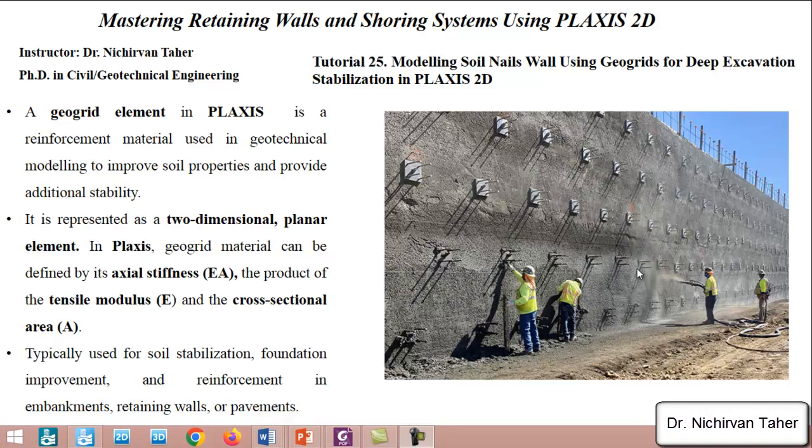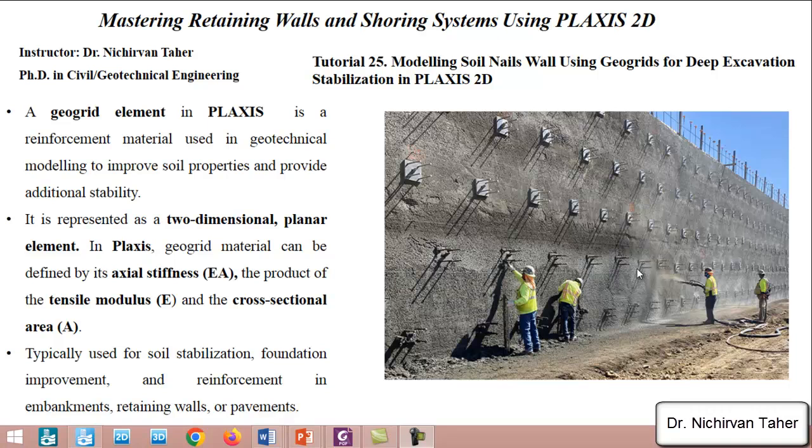So if you remember in previous example in tutorial 24, we simulated this retaining structure, soil nails wall for deep excavation, and we simulated the nails and facing using a plate element. We will repeat the same example from previous, and we will only change the nails from plate element to a geogrid element. So before we start modeling, I will shortly talk about the geogrids in PLAXIS 2D or in PLAXIS